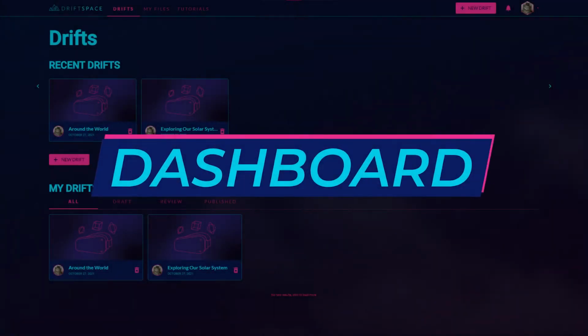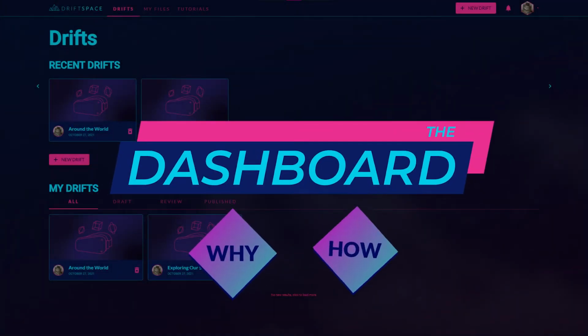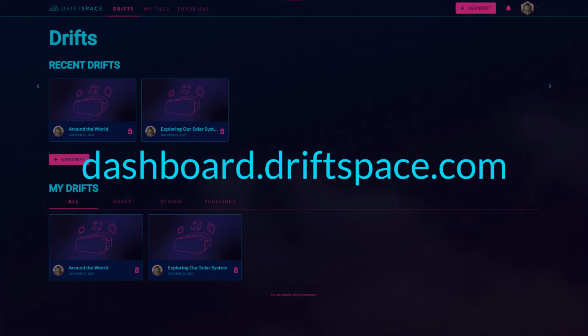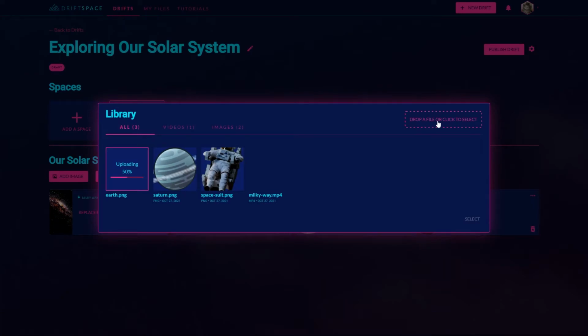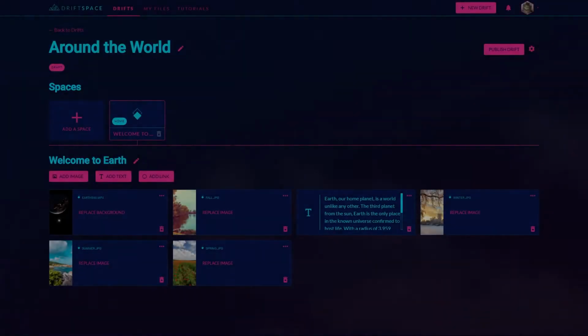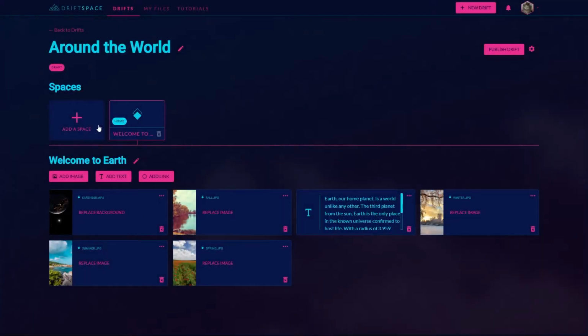the dashboard. Today we'll be going over why to use it, how to use it, and how to create amazing drifts with it. This is the dashboard. You can find it by navigating to dashboard.driftspace.com in your browser. The dashboard is used for uploading media to your drift, laying out the structure of your drift,